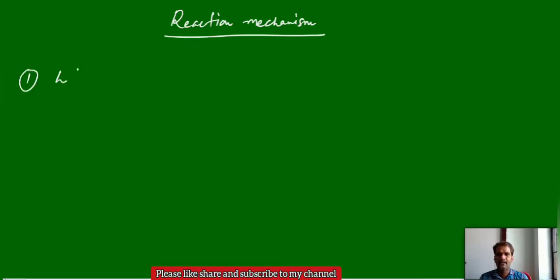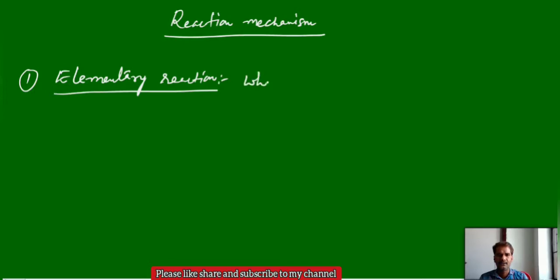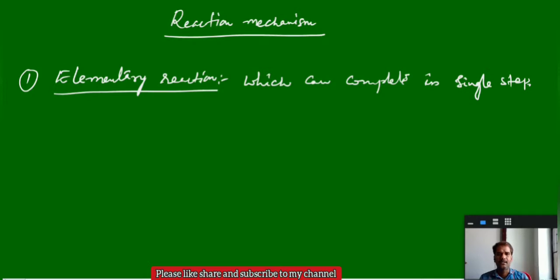Reactions can be classified into two ways based on the number of steps involved. That is elementary reactions. Elementary reaction means which can complete in a single step, and they are called elementary reactions. But in case of elementary reactions, the order of the reaction we can take as the stoichiometric coefficients of the reactants directly,